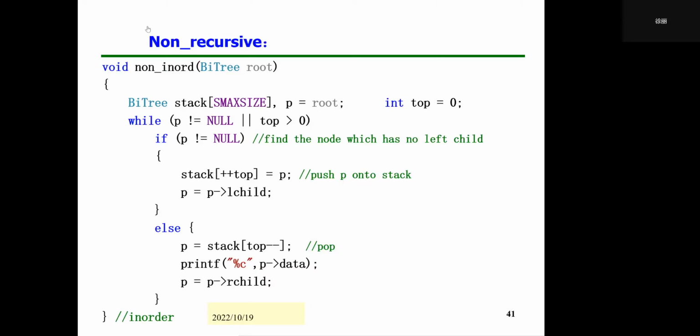Okay. Have you written the non-recursive program of pre-order? The difference between in-order and pre-order is the timing when we visit the root node, right? In in-order, when we pop from the stack, we visit the node. And in pre-order, when we visit the node,